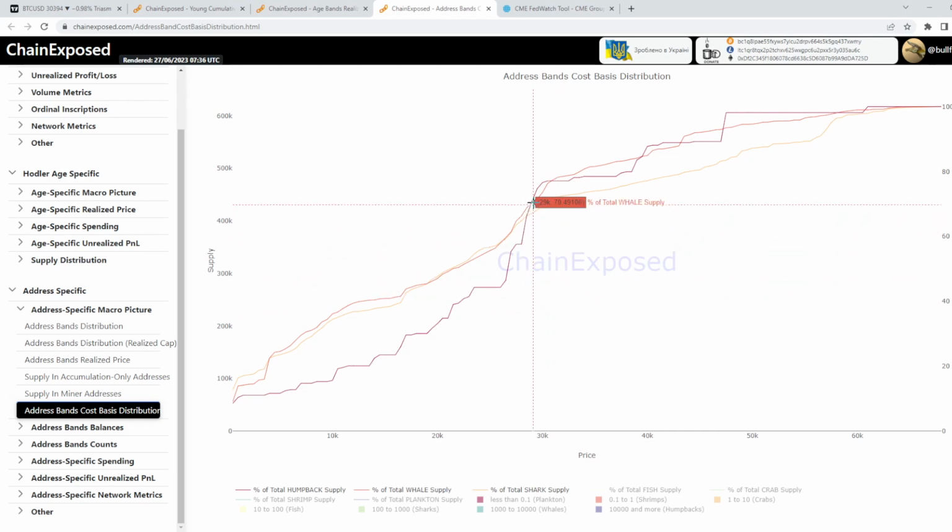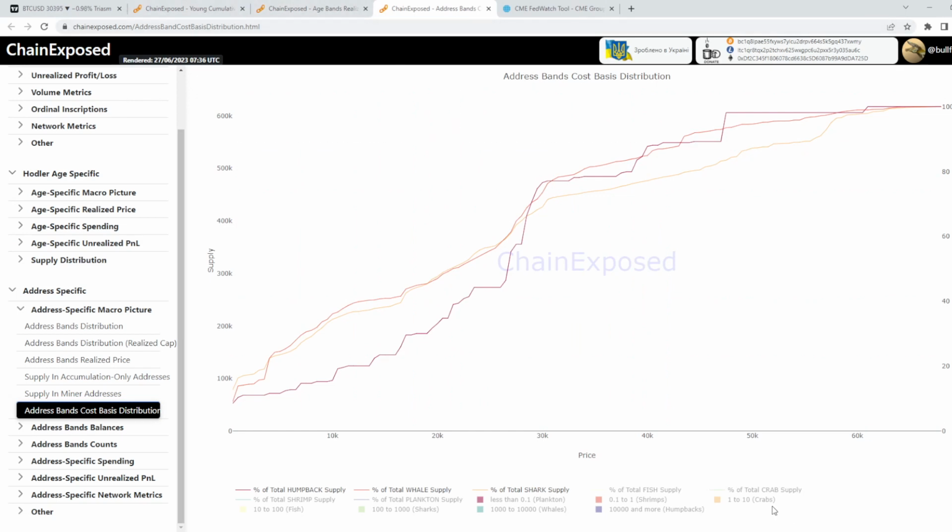And we see that the majority of the supply they have, for example, for ambex, 76% of the supply is actually held below 30k, and the same goes for whales, 73% below 30k, and sharks are 70% below 30k, and the majority are held at these prices. So we know that those are the categories of hodlers that move the price more,